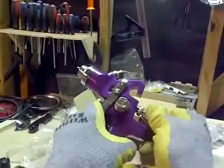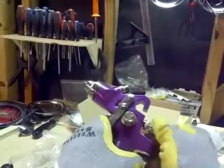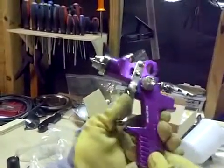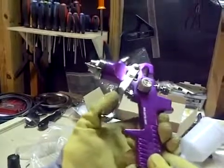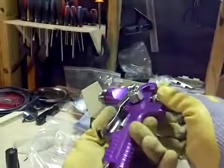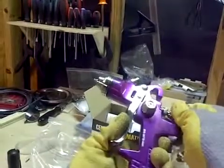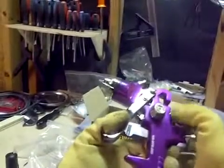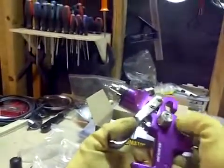I like to set this needle to the point where I'm spraying all the way back here. Just a little bit more. There we go. So that when I hit this, it goes all the way in. That's the way I like to set it. Anyways,